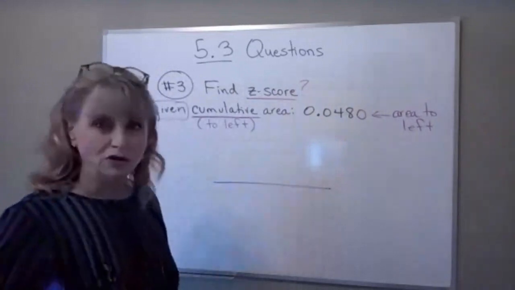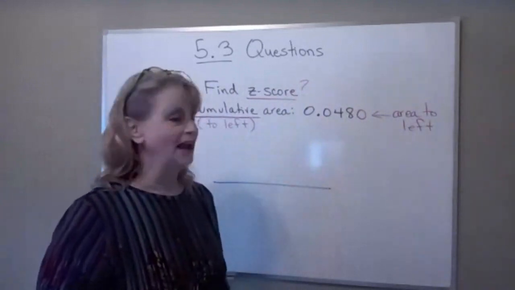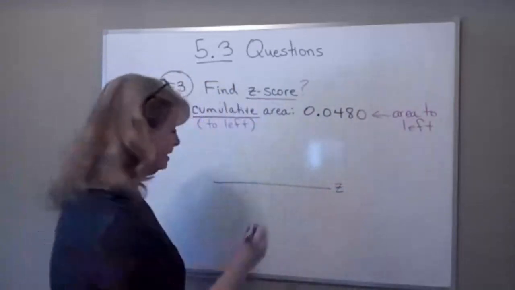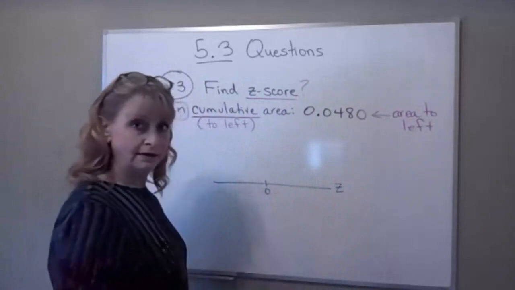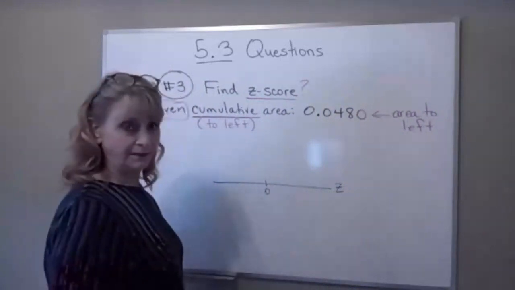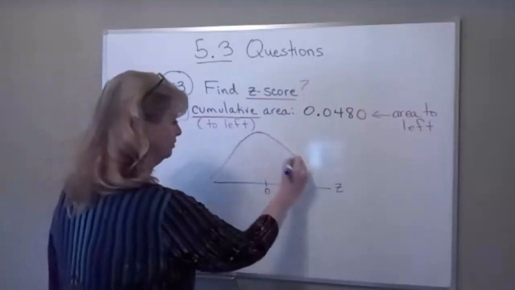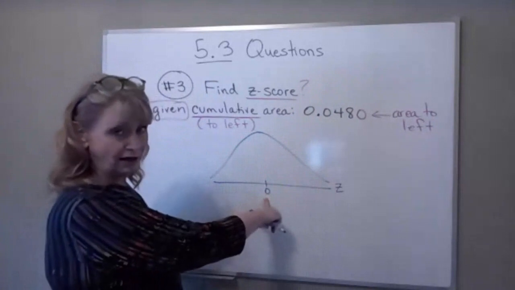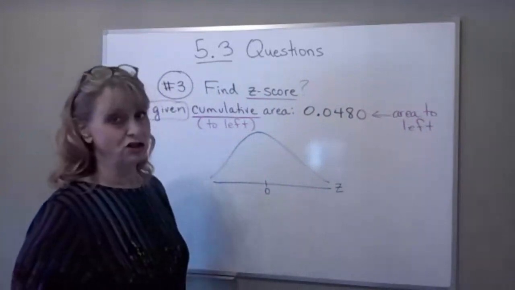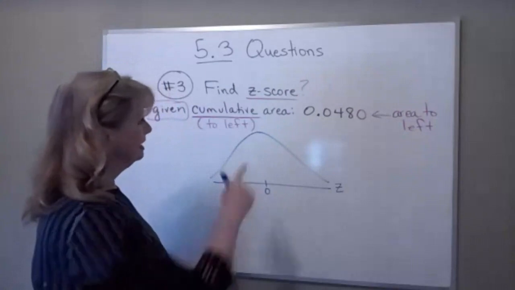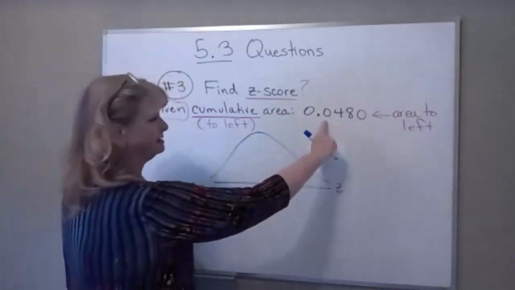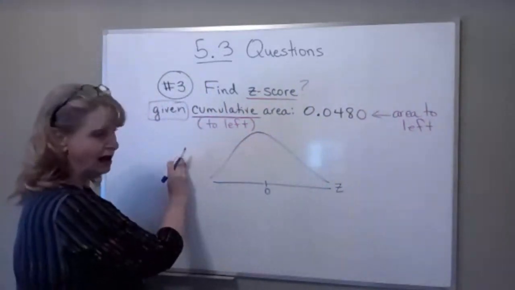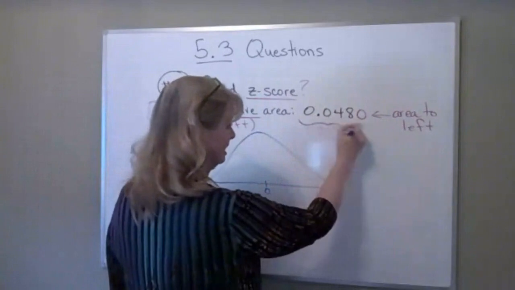Whenever you draw a picture, and I want you to draw a picture for every problem on your paper, okay, every problem, draw a picture. And I want you to write Z here. That's to remind you that this is a number line that has z-scores on it. Then draw your normal curve. This is the standard normal curve with a mean, median, and mode here at 0 and a standard deviation of 1. So what they're telling us is that the area is 0.048. Well, recall the area to the left of 0 is 0.5. This is less than